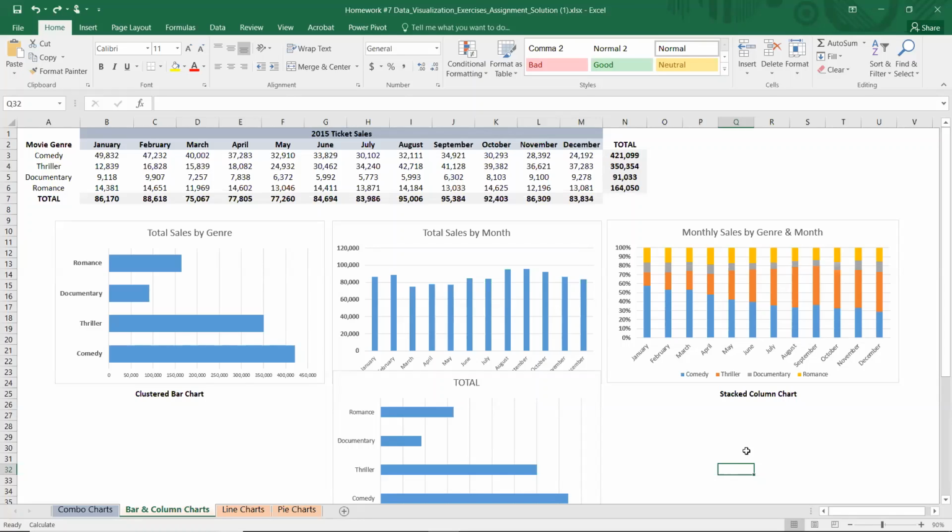The documentary was a small piece of it, just looking at that picture. And then you can see there was a trend at the beginning of the year in comedy, and then it dipped, and then for some reason it didn't recover. But yet the thrillers were not such a big seller at the beginning of the year, and all of a sudden they came on strong towards the end of the year. So if you take a look at those pictures, that's kind of the trend that you need to get from it. Not what the values are necessarily,